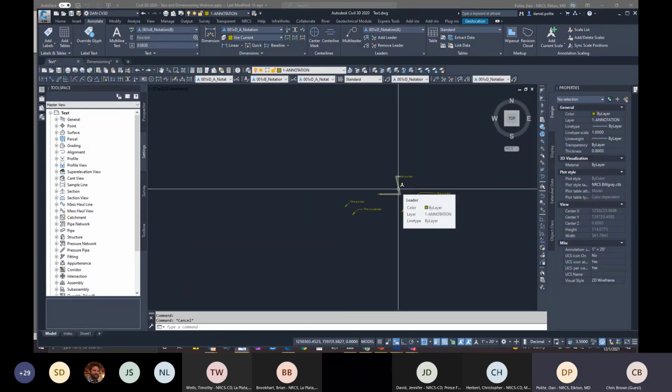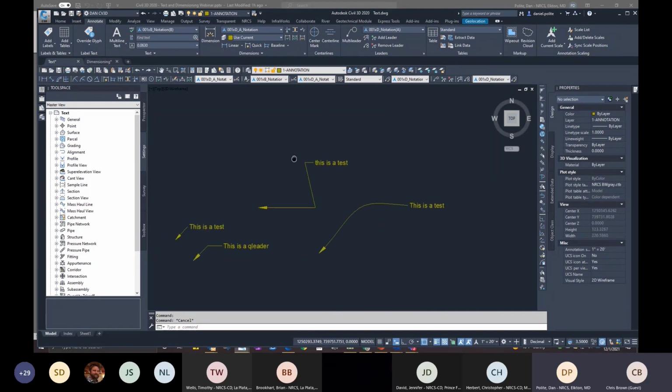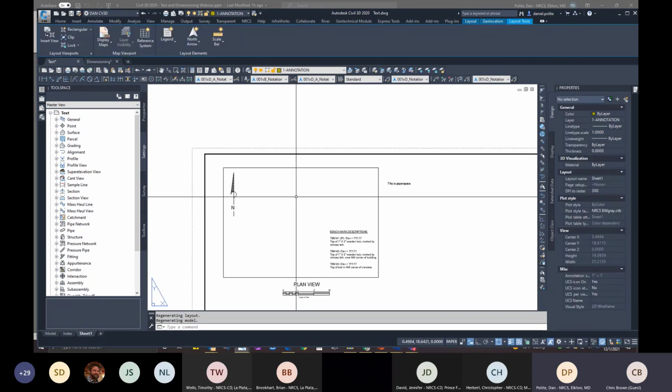So the multi-leaders are pretty straightforward. There's not too much that you have to do on your multi-leaders. As far as the properties of the multi-leader themselves, you can just change whatever you want. It's just like anything else. You can change the text within there. Again, keep in mind that if you have these annotative, you've got to make sure these are set. Otherwise, it's not going to change in your paper space,